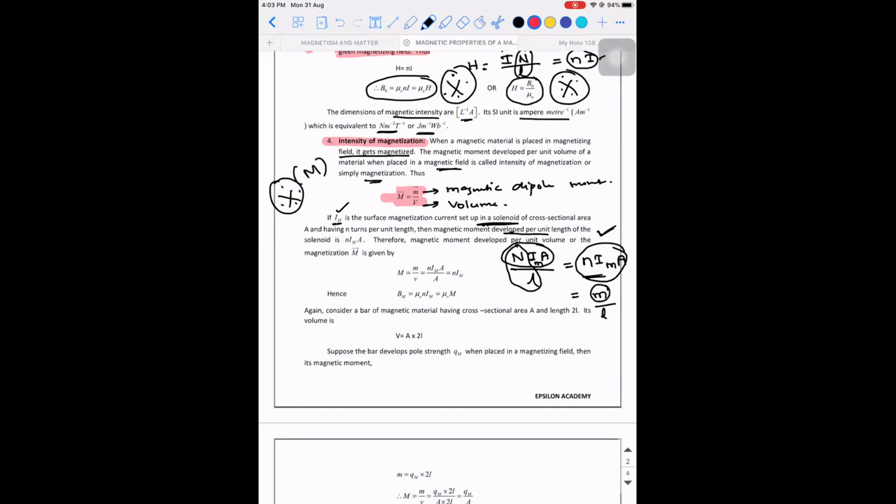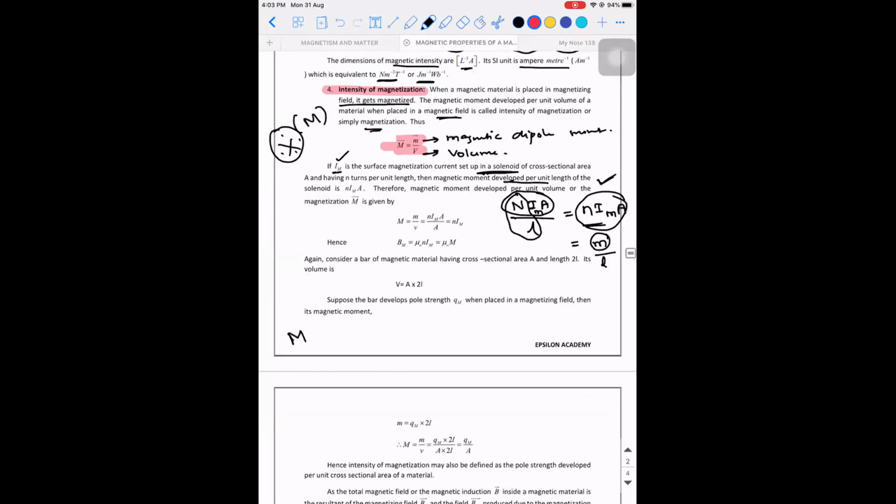So when I write it like this, what is the magnetization formula telling me? Magnetization is equal to small m divided by V. So small m divided by volume can be written as area into length. Can I write it like this? Area into length. But what is m divided by L? It is small n into Im into A, the whole divided by A. This and this will get cancelled. Small n into Im. What is this? So this is another formula for magnetization.